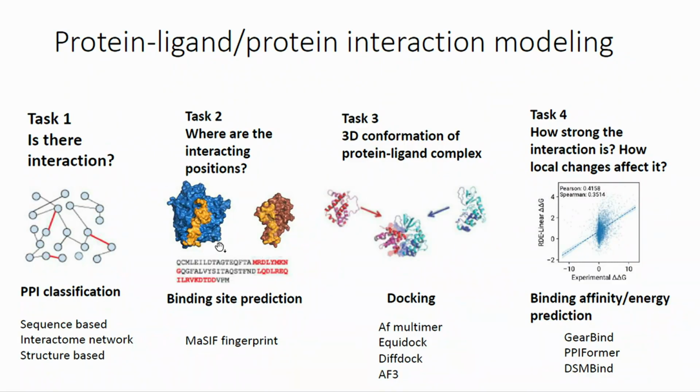So some of the input features used here can be sequence-level information, evolutionary information, and also sometimes structure information. And once we tackle this stage, that will give us a lot of good information for the downstream tasks as well. Particularly because two proteins have too many small surfaces in their inner surface. So